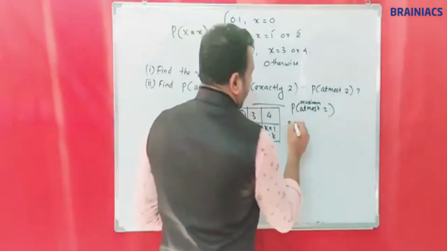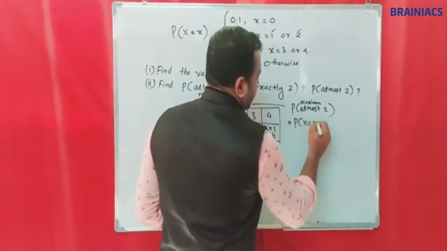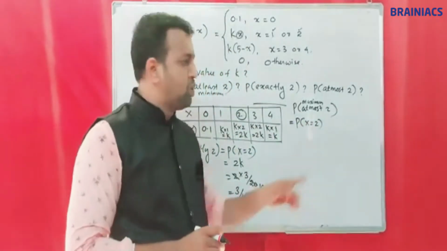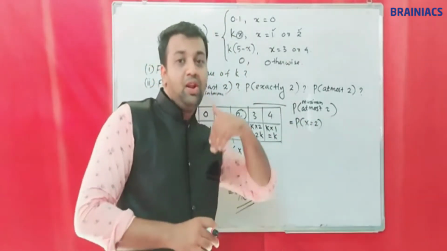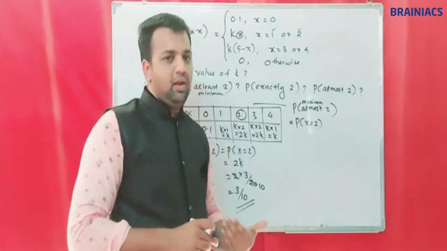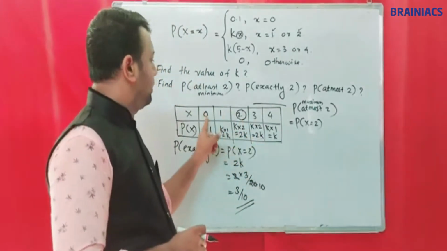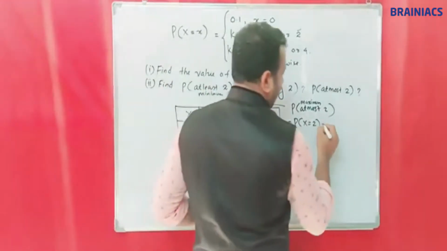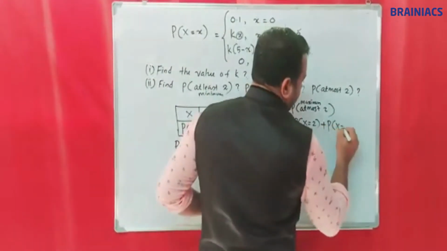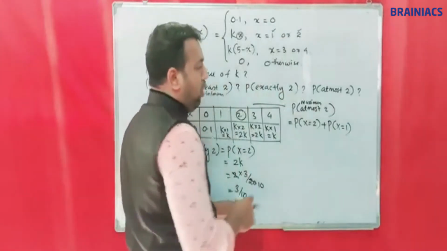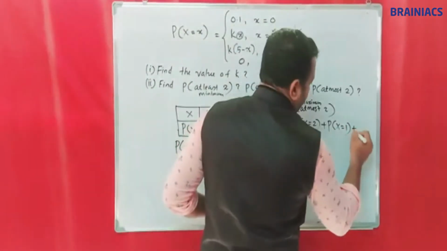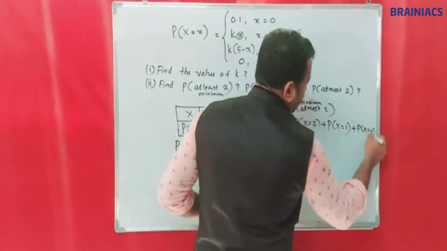So we can take the values, P of x is equal to 2 at first. 2 is the first value and the value will reduce, decreasing 1 by 1: 2, then 1, then 0. 0 is the least value. So we take the cases P of x is equal to 2, P of x is equal to 1, and P of x is equal to 0.